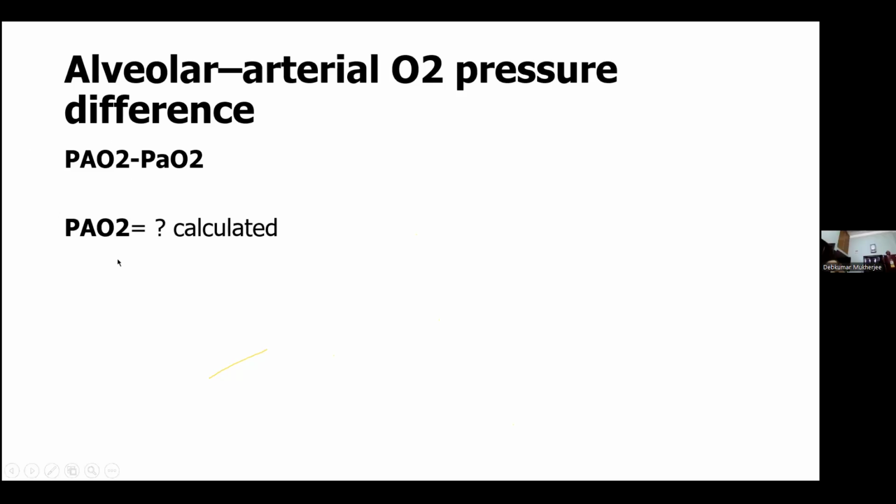Now, how will you calculate alveolar partial pressure? You cannot measure the partial pressure of alveolar oxygen directly, you have to calculate it. However, you measure the partial pressure of oxygen in arteries directly from blood gas. What parameters will you need to calculate this partial pressure of oxygen in alveoli? Again, remember,